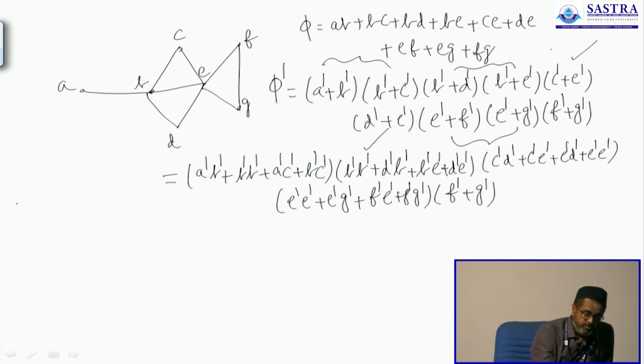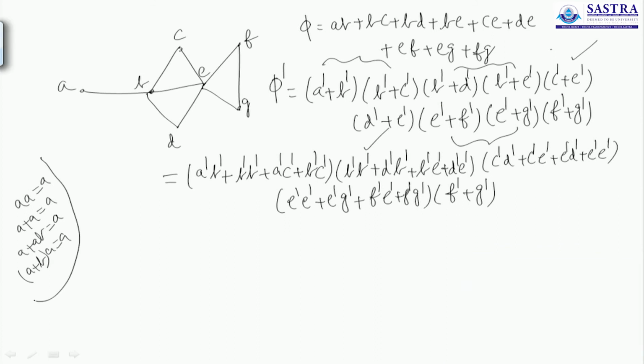Let me write here: A A is equal to A plus A is equal to A plus A B is equal to A plus B into A is equal to A. I will be using this to simplify this. E' into E' will be E'. Similarly, I will have E' here, I will have B' here, similarly I will have B' here, and when I apply the third rule, A' B' plus B' will be B', B'